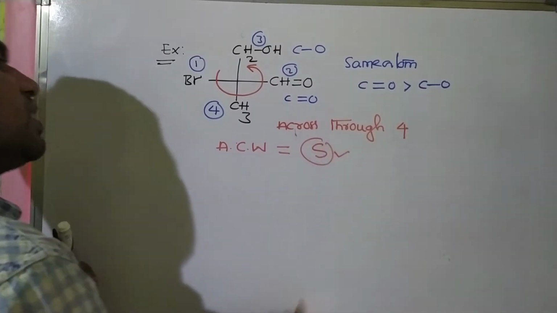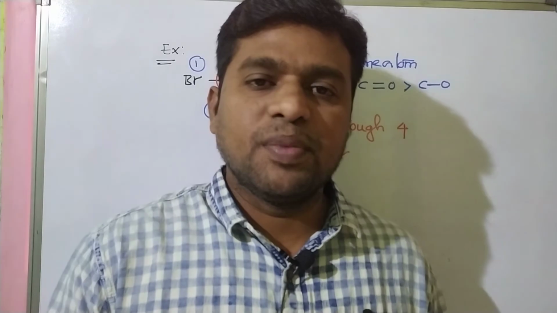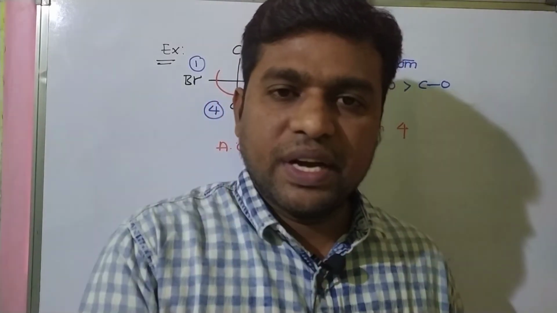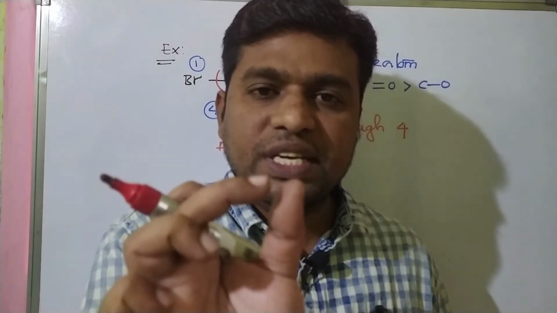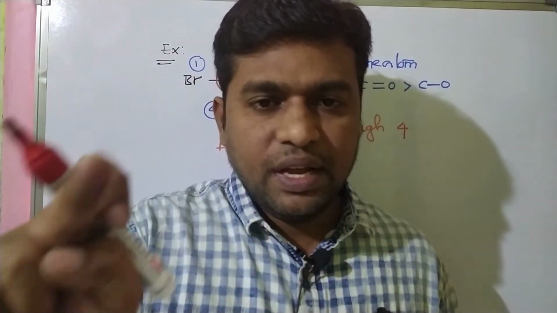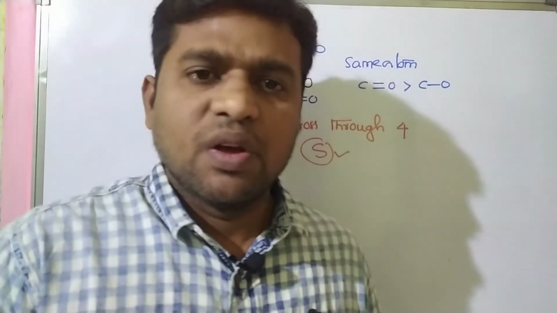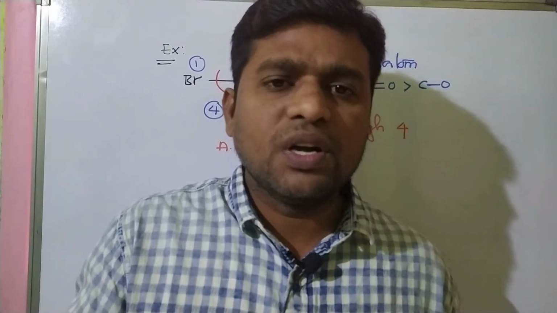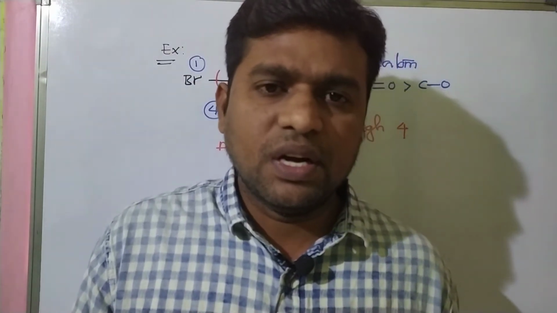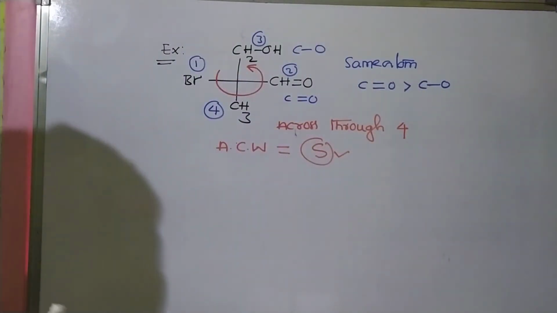Okay, students? I think you understood better with all these examples. So only one trick: you should find out the shortest distance when you turn around the chiral carbon. Understanding? Okay, students? Very simple. 1, 2, 3. 1, 2, 3, 4. 1, 2, 3, 4. That is the original path. 1, 2, 3, 4. Okay, students? Next.